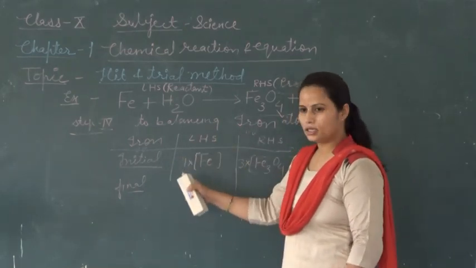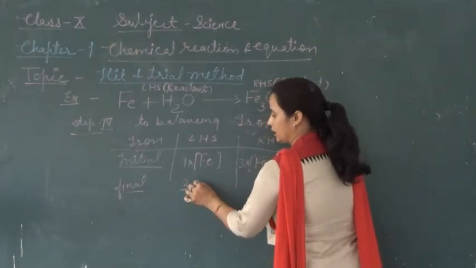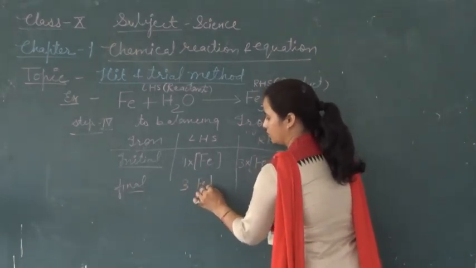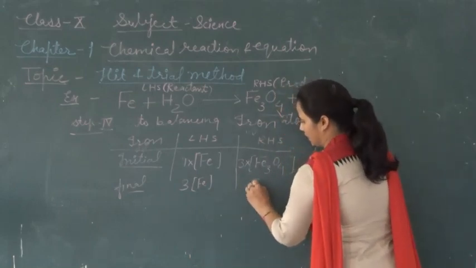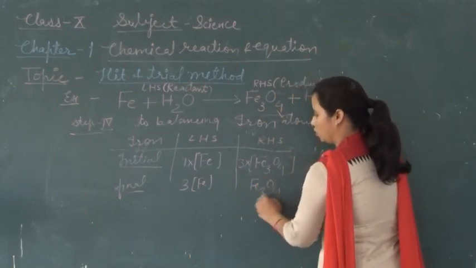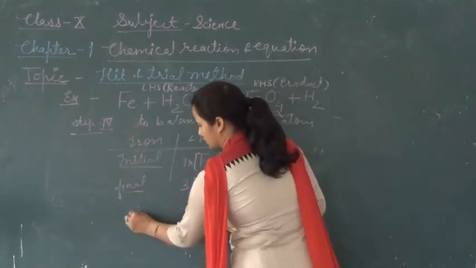So we balance at the left hand side, and here at the place of 1 we write 3, means 3 atoms of iron, and here we write Fe3O4 as it is. Now the next equation we write like